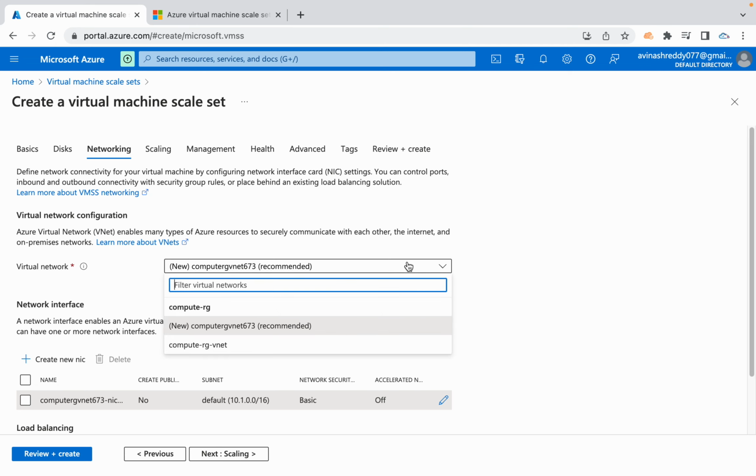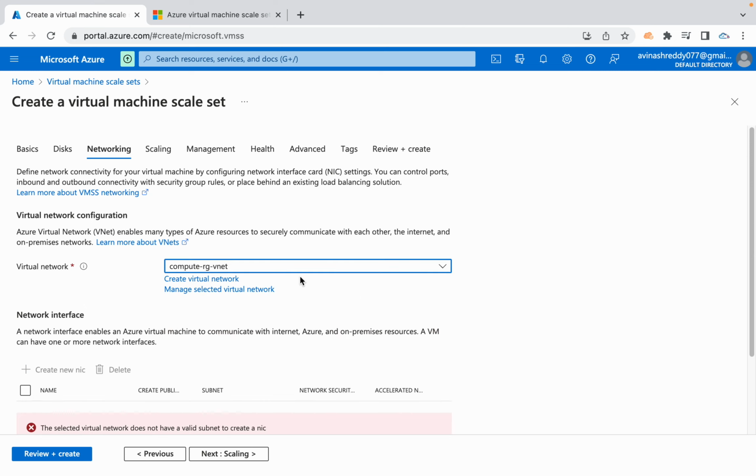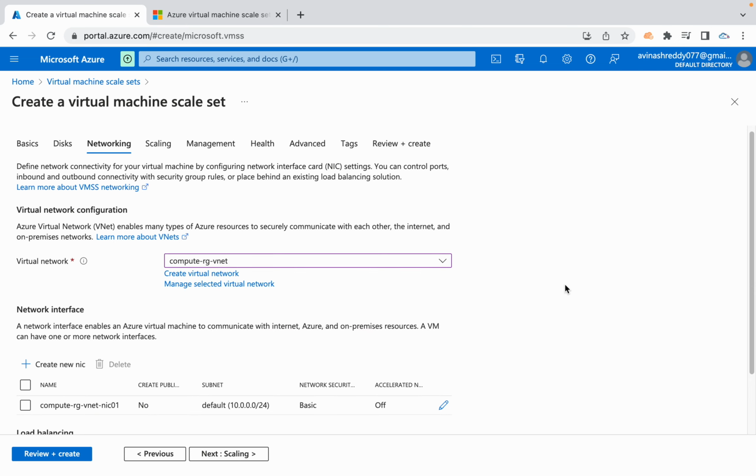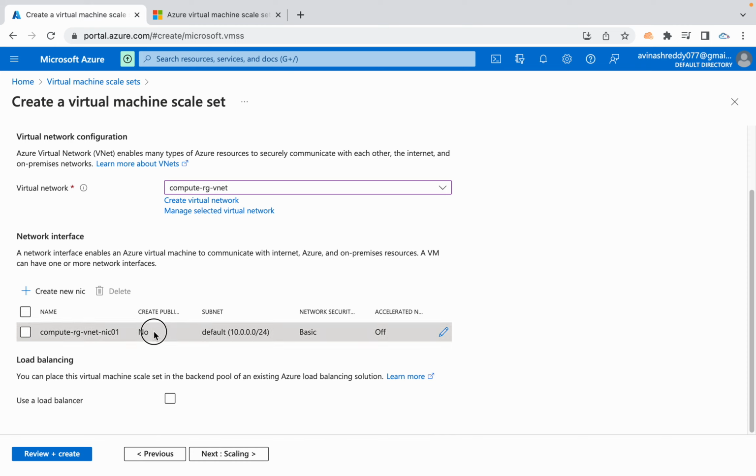If you don't want to create a new virtual network and want to use the regular compute RG VNet, then you can go and select it, or you can select a new virtual network also. I'm going with an existing one, and scroll down, you can see here create public is set to no. That means the VMs we are going to get as part of this VM scale set